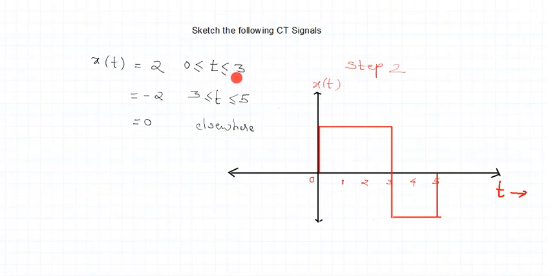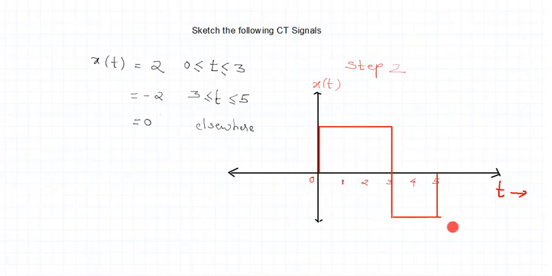What happens exactly at 3? Can I say that the time instant 3 is taking two values? At 3 the signal is 2, and at 3 the signal is also -2. Then how do we depict this in the figure? So at 3, if you look here at what has been done, the signal has a positive magnitude and also a negative magnitude. This is how the signal is joined by a straight line. So at 3 the signal has a magnitude which is positive also, and at 3 the signal has a magnitude which is negative also, right? So this is what it indicates.